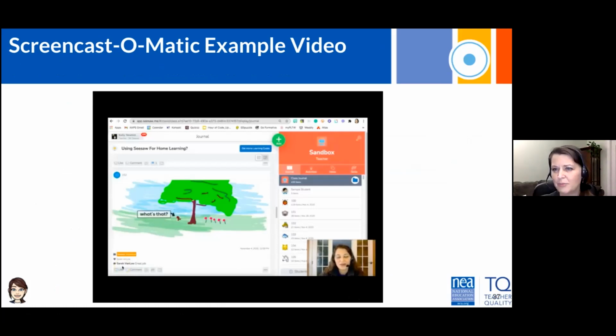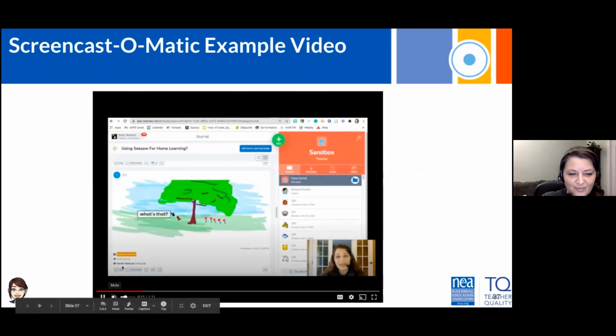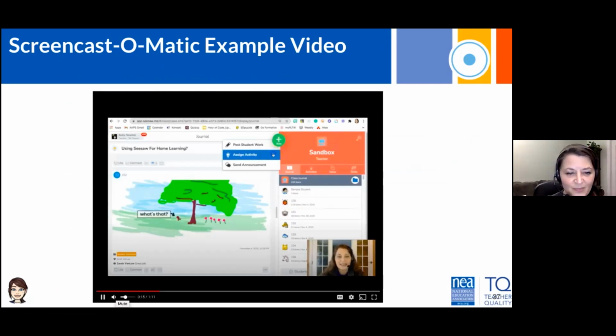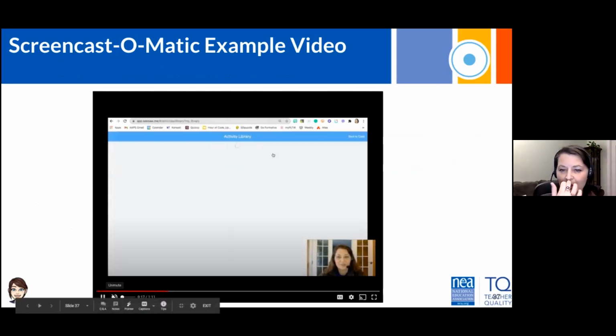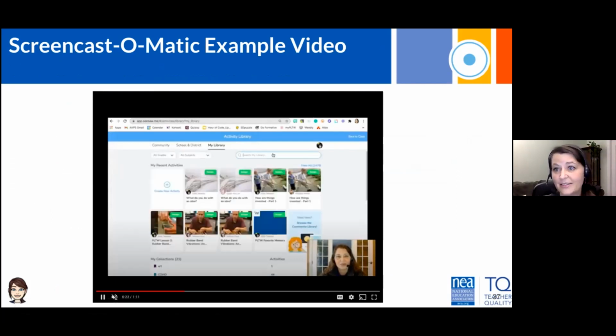The camera is very similar to the one in Screencastify. So we have that rectangular camera again. To add an activity, you've got the nice little cursor there. And assign activity. And this will walk you through the whole process of how to add an activity in Seesaw. Not that you really want to learn that part, but the cursor is kind of a nice little perk.